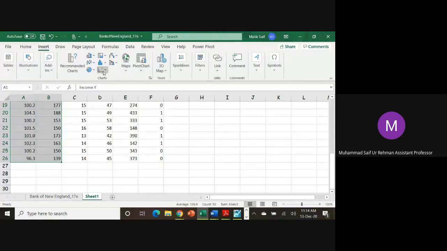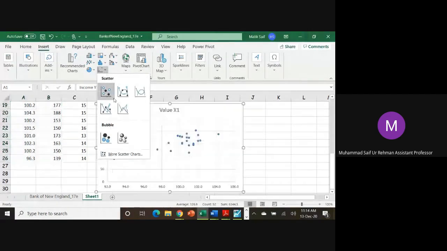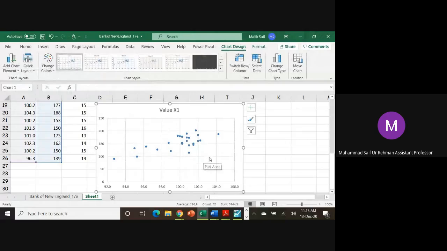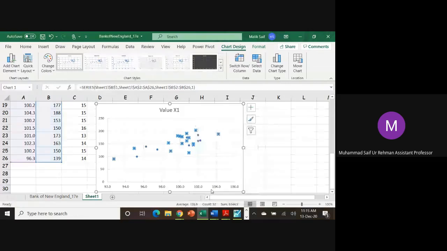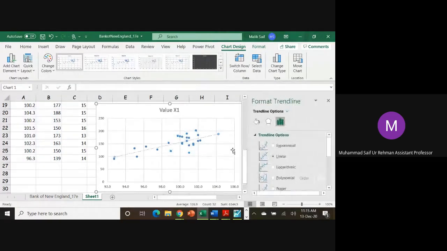If you are going to insert a graph, a scatter graph, this is the graph. Okay, and if you add a trend line to this, you will have this trend line. This trend line, is it visible to you? Is it visible? So in this case,